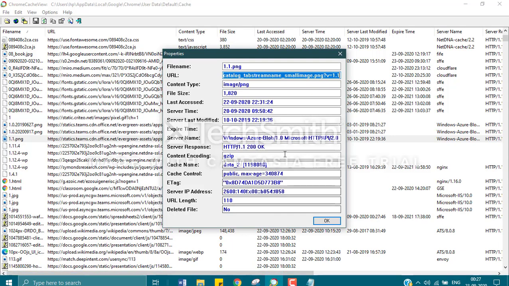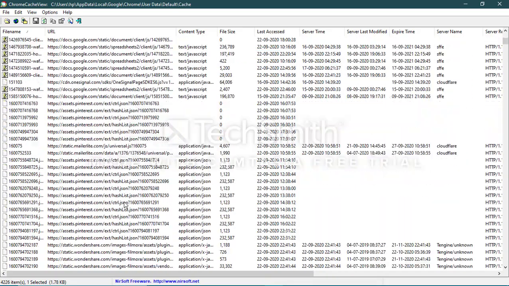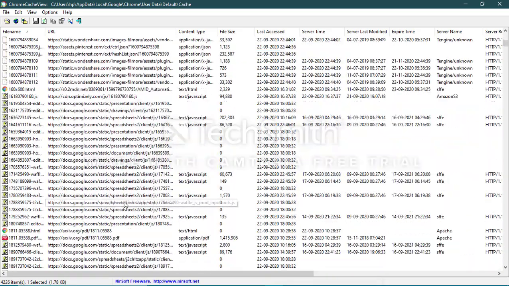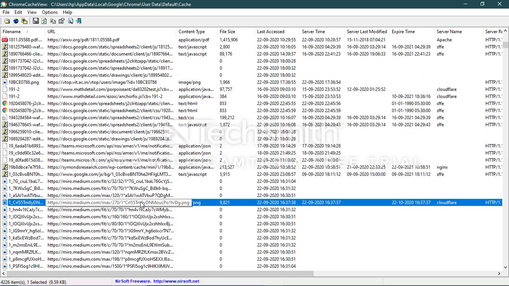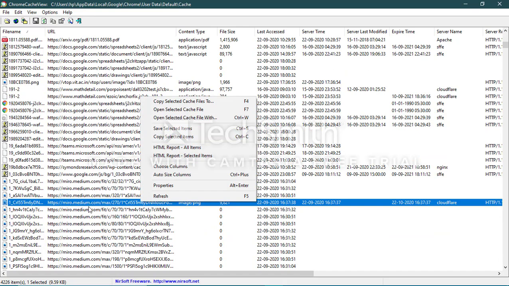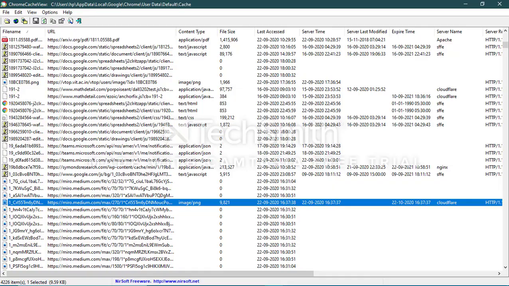We'll try one more example. Lastly, let's see this image. We'll copy the URL again. If you want, you can save the file also.